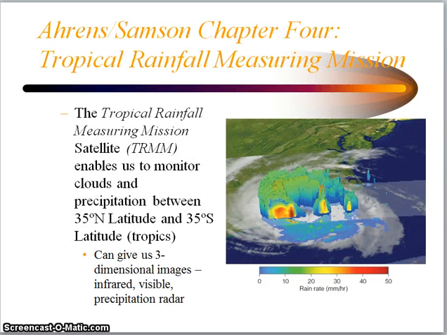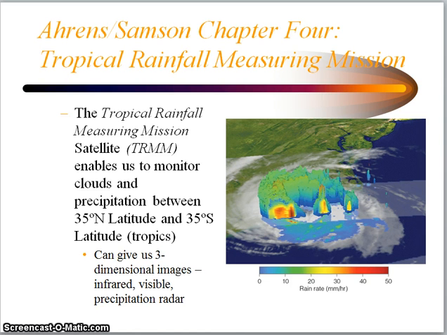One of the really interesting things that we can do now with these satellites is to get some idea of how much rain is falling out of a storm system. This is especially important in the tropics between 35 degrees north latitude and 35 degrees south latitude on either side of the equator, where we're dealing with tropical cyclones and hurricanes, which we'll cover in a future chapter. This is called the TRMM, or Tropical Rainfall Measuring Mission. This enables us to monitor clouds and precipitation between the latitudes I just mentioned, essentially the tropics,